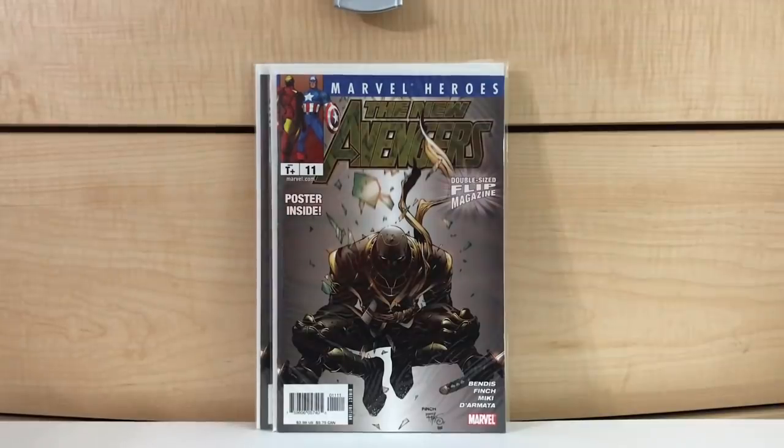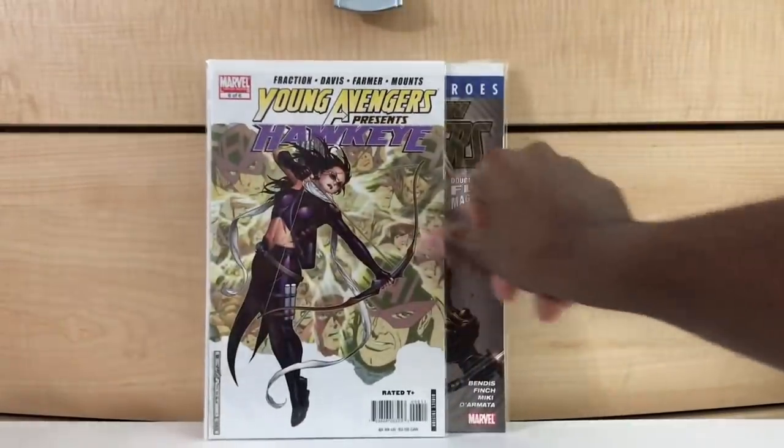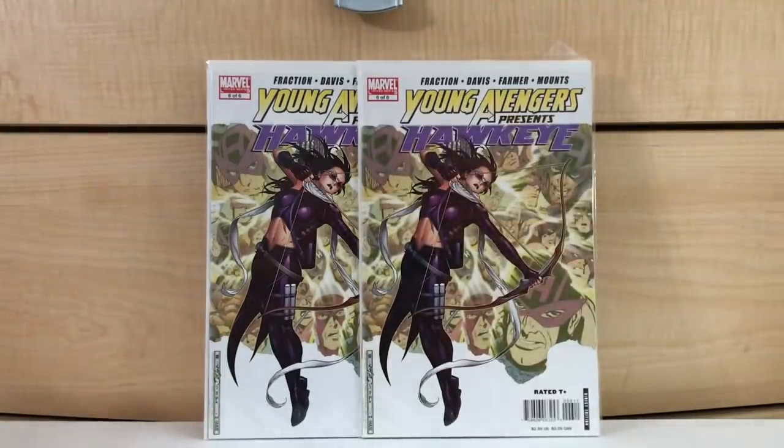All right, here we go. We got not one but two copies of Young Avengers Presents number 6. This is the type of book I don't think I've ever paid more than a... actually, I take that back. Young Avengers number 6. Well, I got these for $1, and honestly, I don't think I've paid more than $1 for a copy so far. I'm having a hard time wrapping my brain around the fact that this is like a $50 book now. You know what I mean? It's just like, really? Okay, all right. I'm not gonna pay $50, but